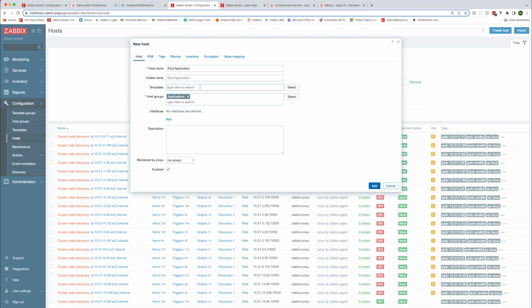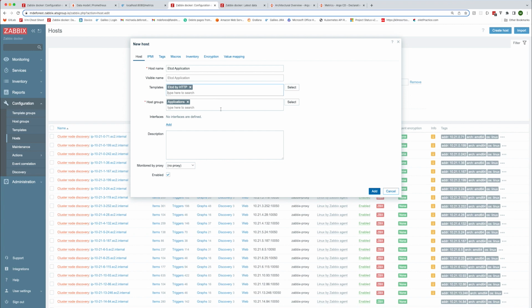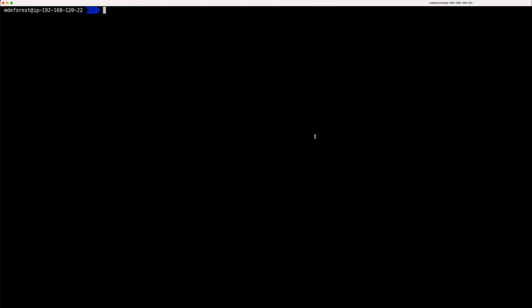And attach the etcd by HTTP template. We'll also use the proxy that we have set up in our cluster before in order to reach the application via internal Kubernetes DNS. So this template requires us to add an agent interface that provides the location of the